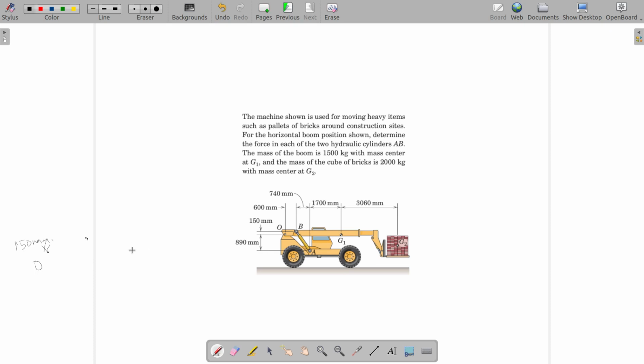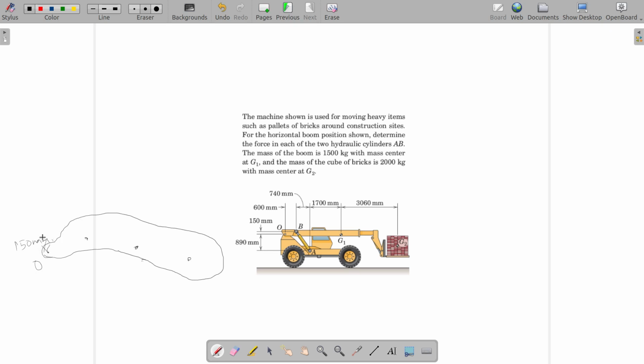So let's say that we have G1 here and G2 here, and this is the member, and it does not really matter what the shape of the member here is. It does not matter at all. I can even show a completely arbitrary shape here,